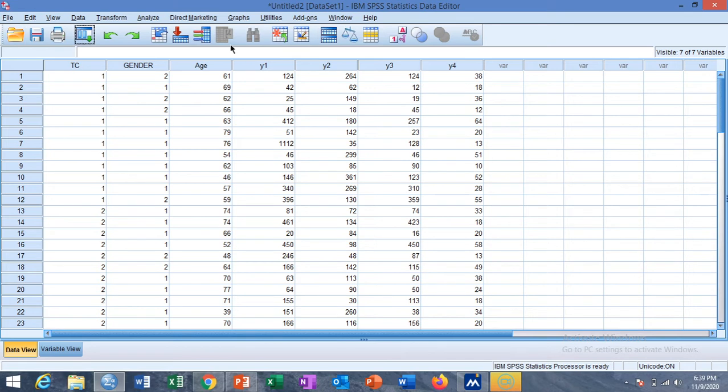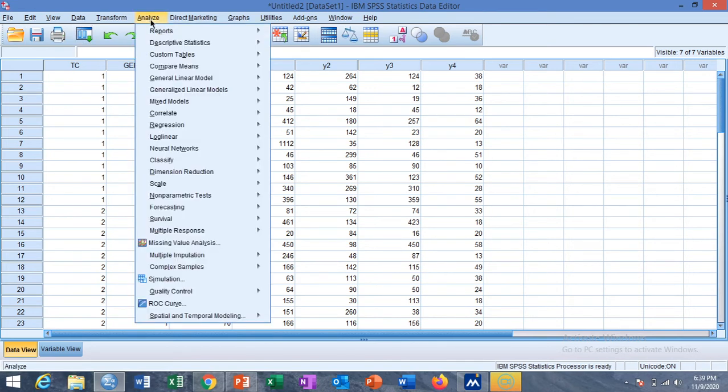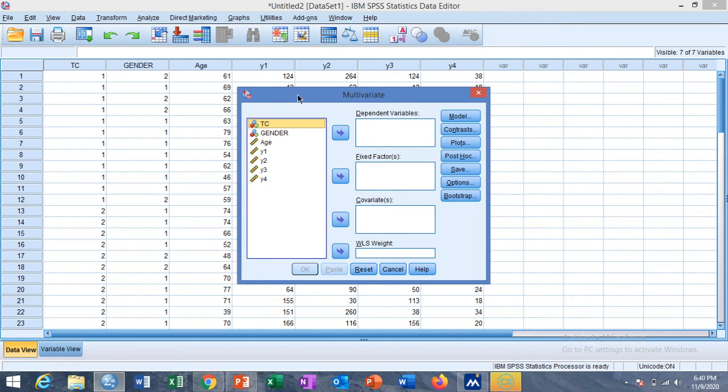So we start with the option of Analyze, then General Linear Model, as we have already used the general linear model for two-way ANOVA, and then choose the option of Multivariate.